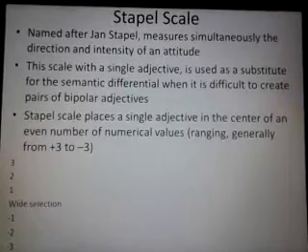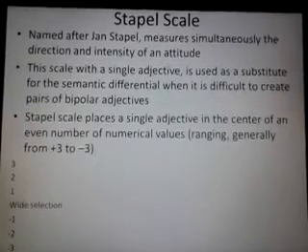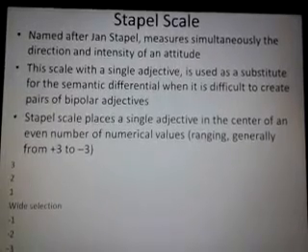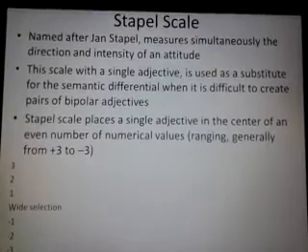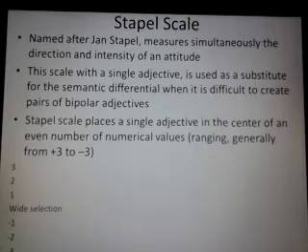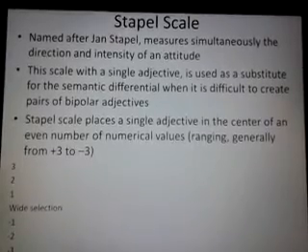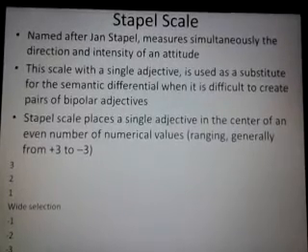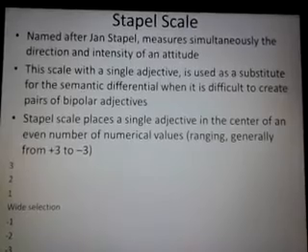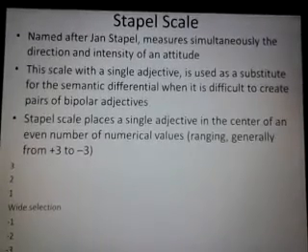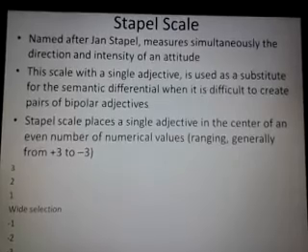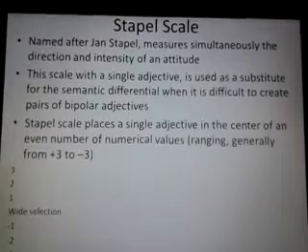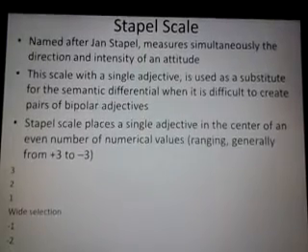This scale with a single adjective is used as a substitute for the semantic differential scale when it is difficult to create pairs of bipolar adjectives. In our discussion of the semantic differential scale, we had discussed that it is a bipolar scale. So we need to have two words on two poles, and both the words should be opposite to each other, equally strong and opposite. But if we find it difficult to have two equally strong opposite words, then we can use this scale, in which we use only one adjective, a single adjective,